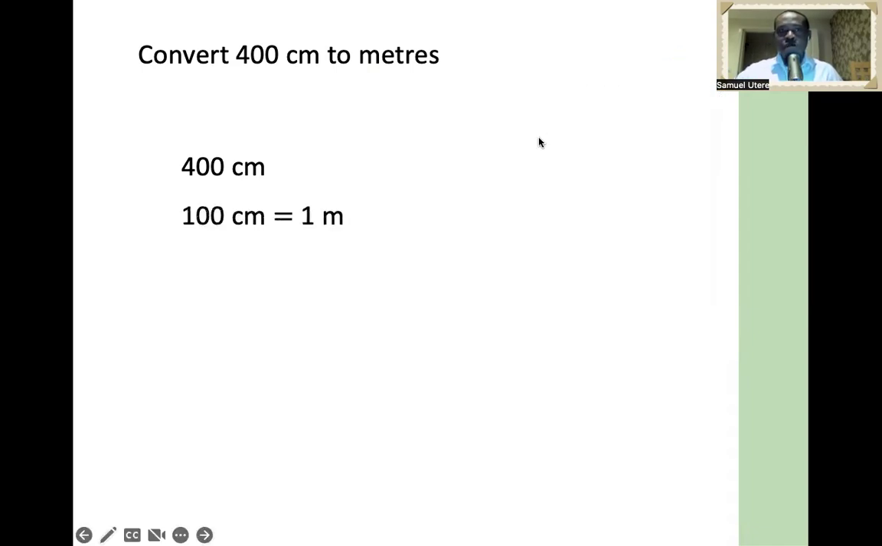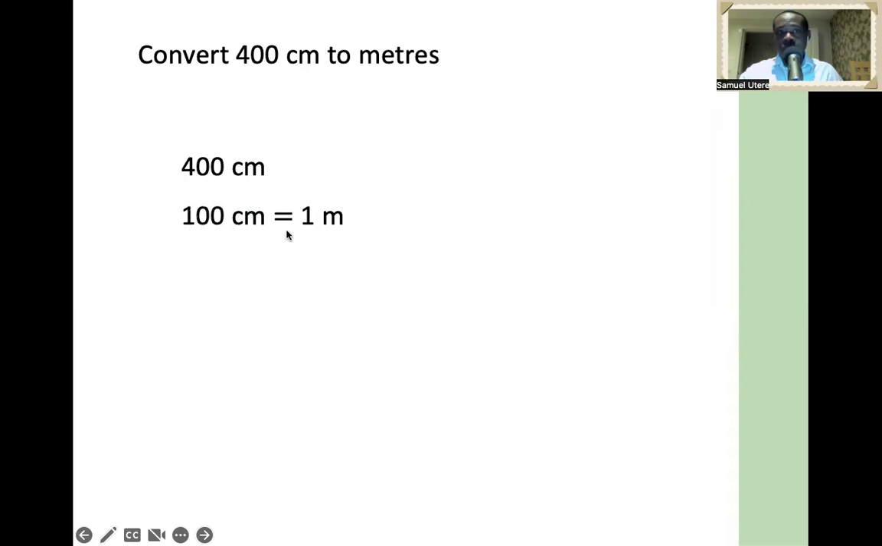Now, take note, we want to convert centimeter to meter. I want you to look at this relationship between centimeter and meter. If I ask you to think about what you would have done to 100 to get to 1, you would say, I simply just divided by 100. Of course, you're right. So that means the relationship to go from centimeter to meter is to divide by 100,